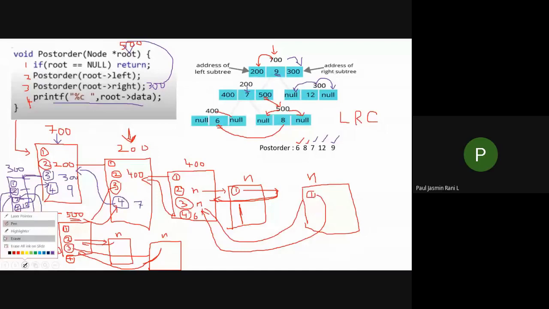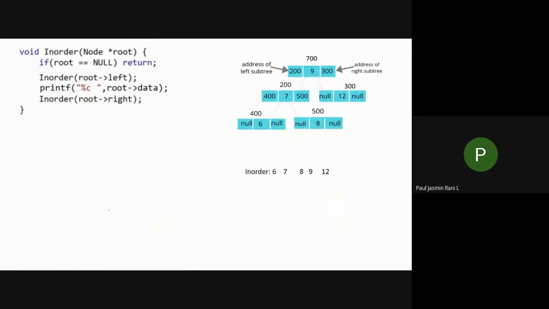Please, any doubt? The same procedure you have to follow for your in-order traversal also. Please note down this coding in your notebook. Try like this manually, how it works, and see whether you are getting this in-order answer. Manually you try it like this and execute like this. When you do it like this only, you know how it actually works, and on your own you can write your own code. Can you follow this one? Please take this in your notebook and do it by yourself.